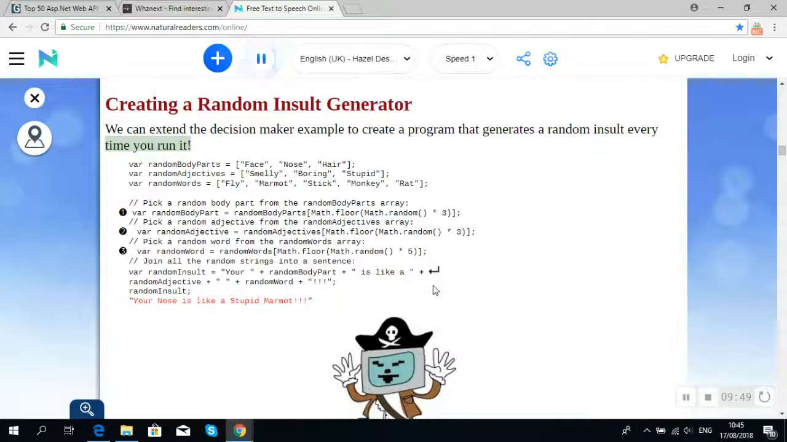var randomBodyParts = ["face", "nose", "hair"]; var randomAdjectives = ["smelly", "boring", "stupid"]; var randomWords = ["fly", "marmot", "stick", "monkey", "rat"]; // pick a random body part from the randomBodyParts array. var randomBodyPart = randomBodyParts[Math.floor(Math.random() * 3)];